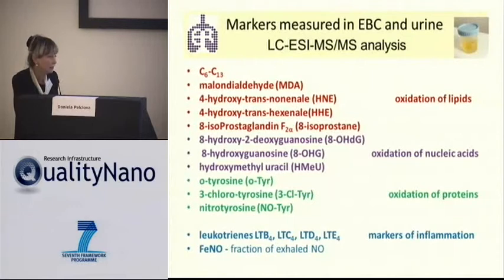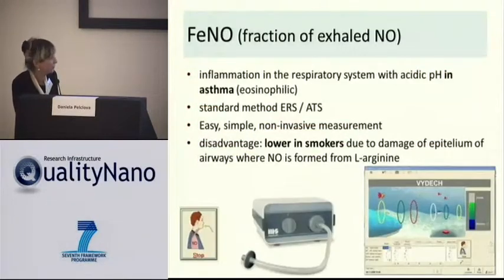So many markers have been analyzed in the exhaled breath condensate. We have heard about them in the previous speech a bit, and there are markers of oxidation of the lipids, of the oxidation of nucleic acids, of proteins, and also markers of inflammation, leukotrienes, and also exhaled nitrogen oxide with the machine I will describe just now. So this, unlike the exhaled breath condensate, is already used in the clinical practice, especially for the asthma patients, and